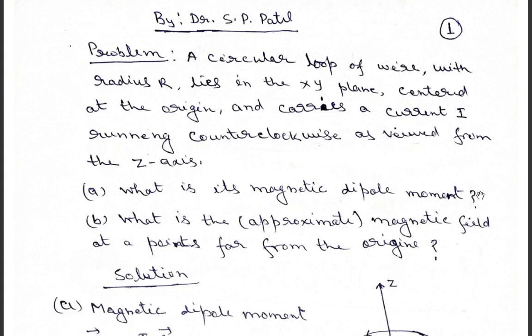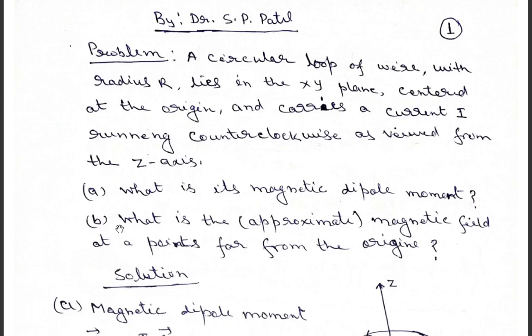we wrote the result in terms of the magnetic dipole moment. I also introduced it there, because this result was the magnetic field due to a circular loop. That is a very important result. So that is why I explained there that basically a circular loop behaves like a magnetic dipole moment. So here we will again try to find the magnetic dipole moment due to a circular loop. Okay,